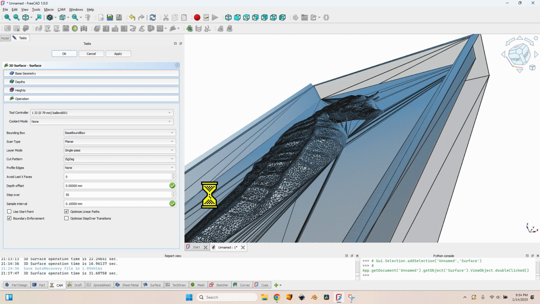Of course there are a lot of other things about the 3D surface operation, but these are the most important things, the ones that you need to know in order to be able to generate a toolpath in a decent amount of time. I hope this video helps you in solving all the issues you had with the 3D surface